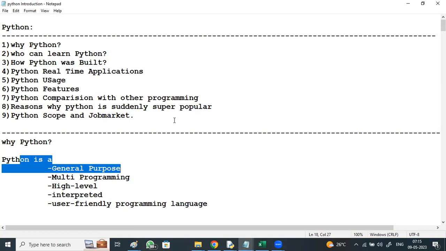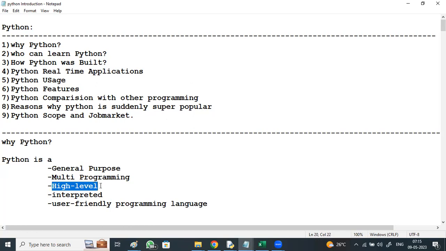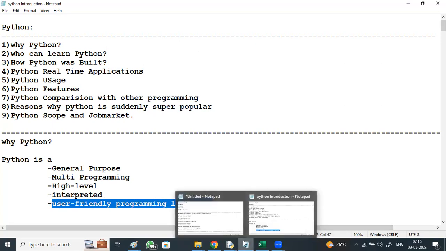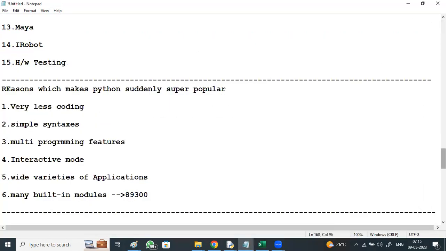High-level language. Python is easily understandable, human understandable, it's portable and machine independent. Means it can run on any hardware and any operating system, right? Interpreted. Python is interpreted, line by line execution. We are going to see user-friendly or programmer-friendly programming, which provides simple syntaxes, which look like normal English statements, right? So in yesterday's session, I was briefing you about these things, right?